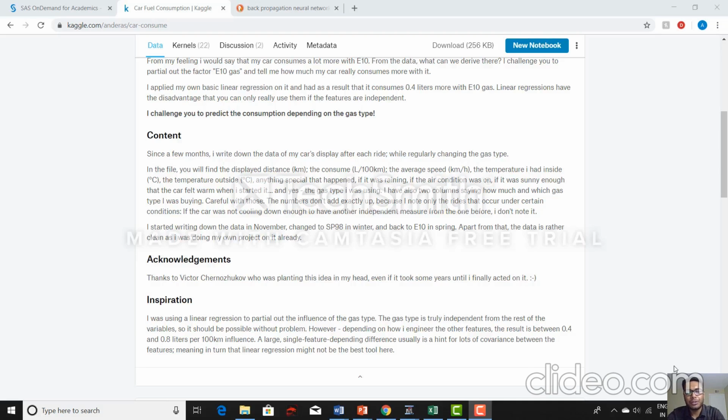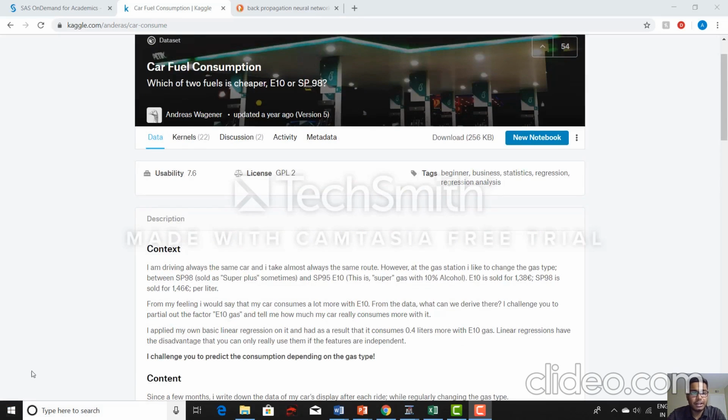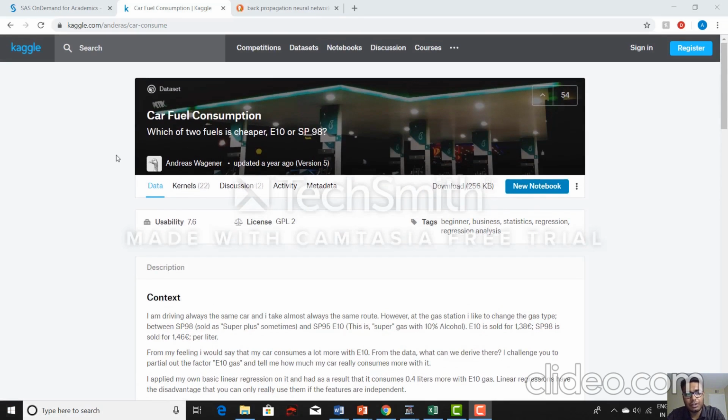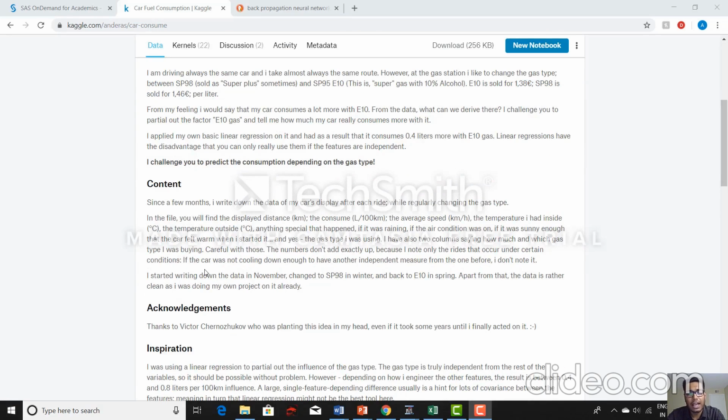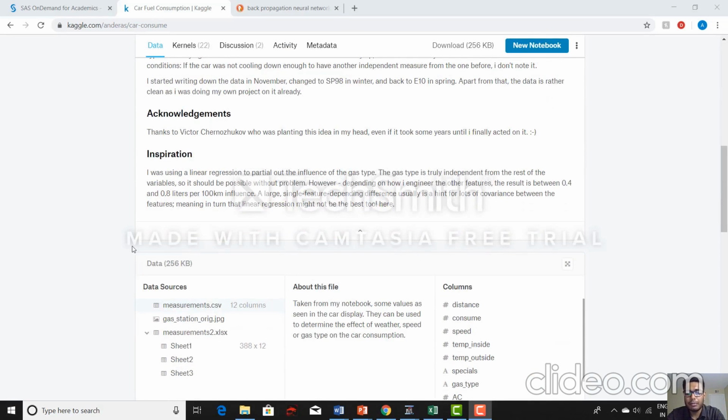Hello everyone, I'm Soumitra and today I will be demonstrating an experiment that I have created in SAS Enterprise Miner. In this demonstration, we will be looking at finding a solution for a real-world data mining problem. So let's get started. The dataset that I've taken is called car fuel consumption, which is available on Kaggle. And in this dataset, we will be determining the fuel consumption of a car depending